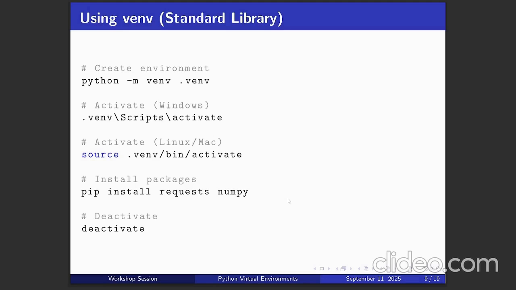Now, this is one of the most important aspects of today's presentation: how you can create the virtual environment inside the directory folder where you are working on a project. So I have shown this. Suppose you are working on a machine learning project. Hypothetically, for that you are creating one folder. Once you open the folder inside VS Code, you can make the virtual environment by using different